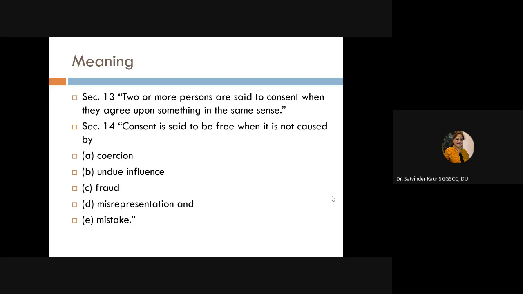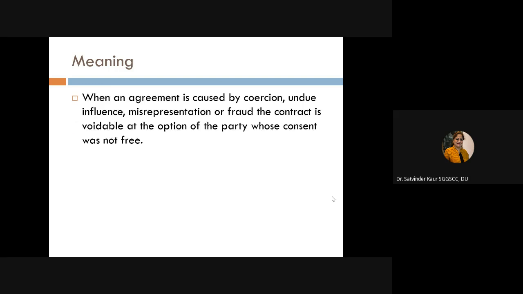And as per law, if the consent is affected by coercion, undue influence, fraud, misrepresentation, or mistake, it is said not to be free. And if it is not free, then within the purview of law, it becomes voidable or void depending upon the circumstances. Then we started with the first element affecting consent, that is coercion, where we discussed that